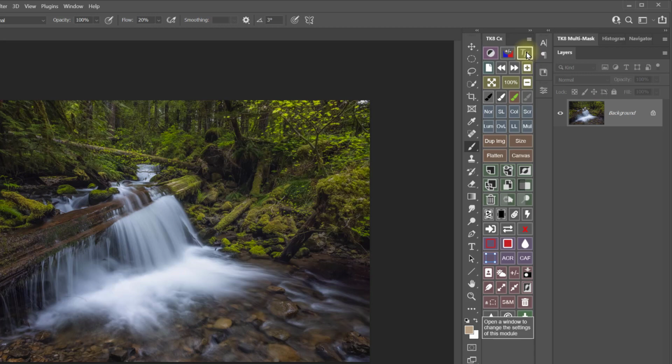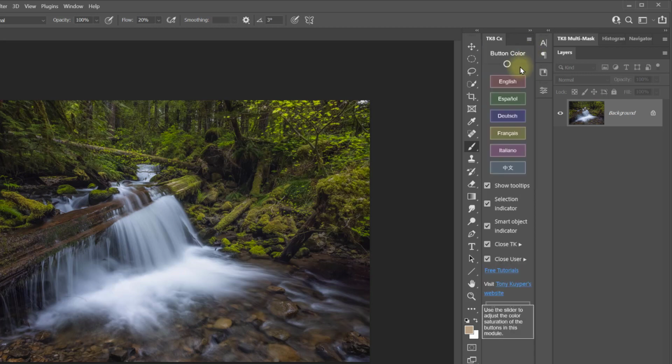Clicking the TK logo opens the module settings. The button color slider allows you to turn the colors up to make them brighter or turn them down to make them almost grayscale. Some people prefer to keep their workspace more neutral, while others feel bright colored buttons are easier to see, so this allows you to modify them as you like. The panel text has been translated into 6 different languages, so you can pick the one from this list that suits you best. The 5 checkboxes below come checked by default, but you can uncheck any of them to modify